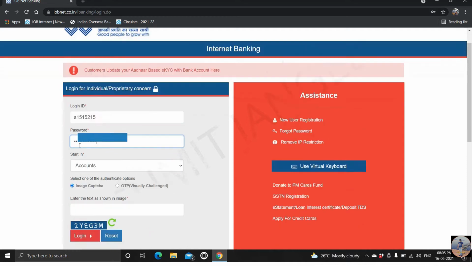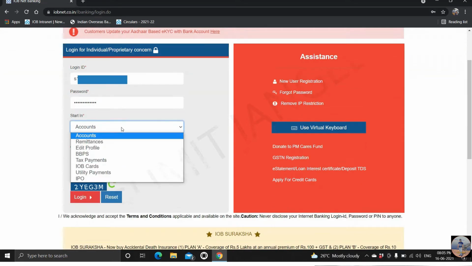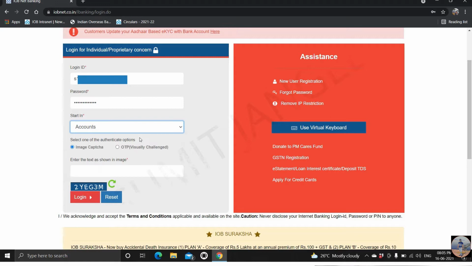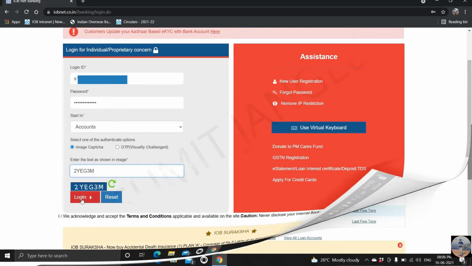It is asking from where to start: accounts, remittance. For the time being, let's leave it because you will not understand it right now. I'll explain it later. So leave it at the default. After that, give the captcha. Again, the same thing I'll repeat: do not press backspace. Give the captcha correctly. And log in.